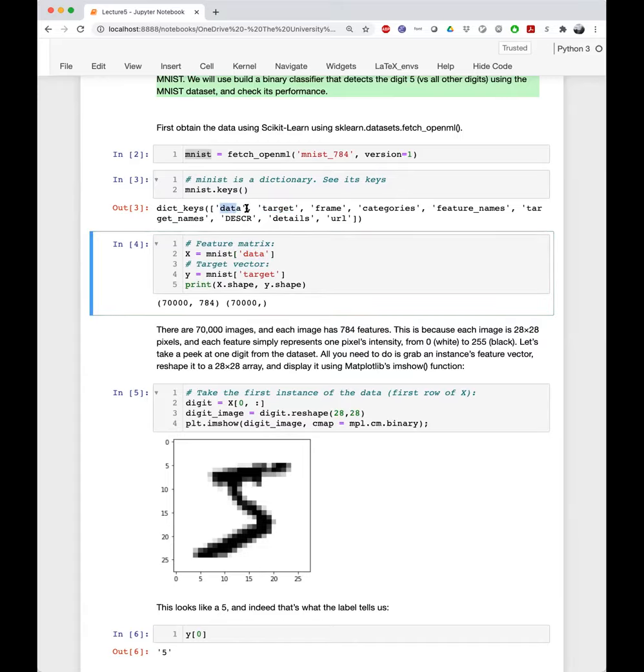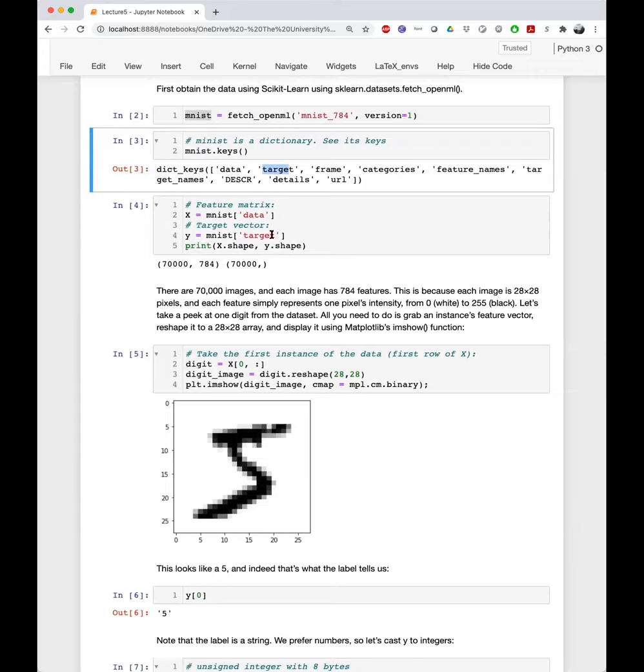The data is the key, right? Target is another key, right? Access the data and access the targets. So we look at the size of the matrix. The matrix is 70,000, so we have 70,000 instances, and the feature size is 784 because we know each image